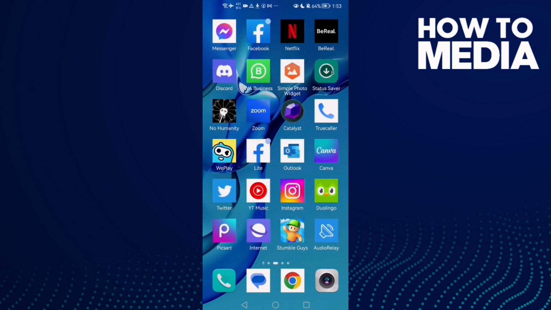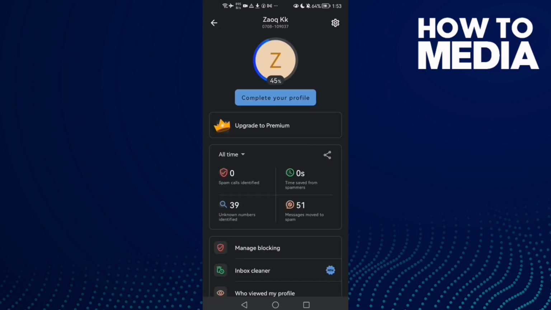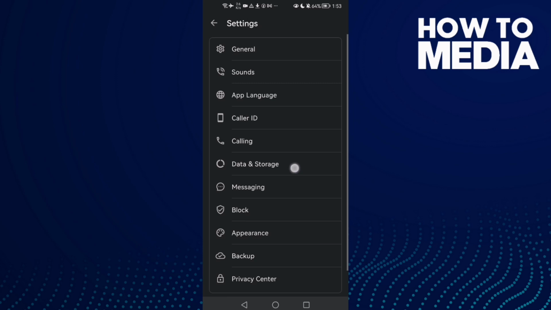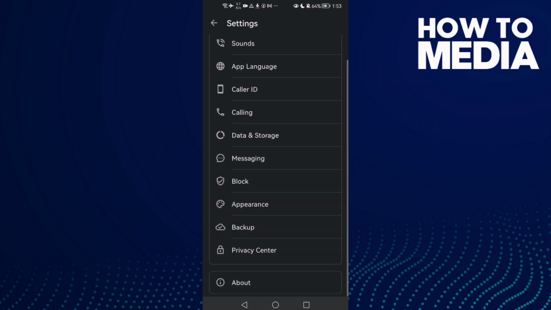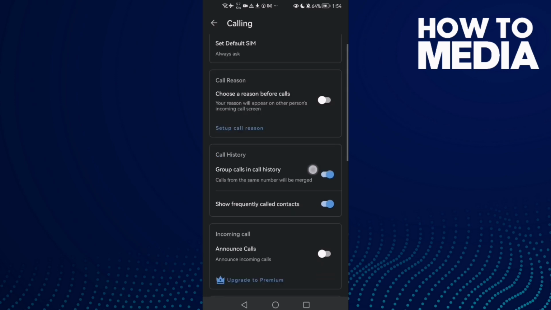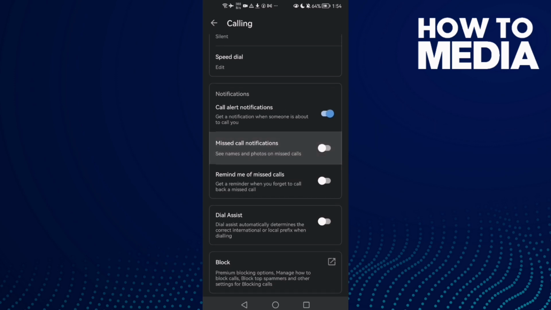First, just go to Truecaller and here just click on your profile in the top corner, and after that click this settings icon, and now scroll all the way down until you find calling. Here it is, and that's it. Scroll down again and here we'll find missed call notifications, and here you can turn it off,